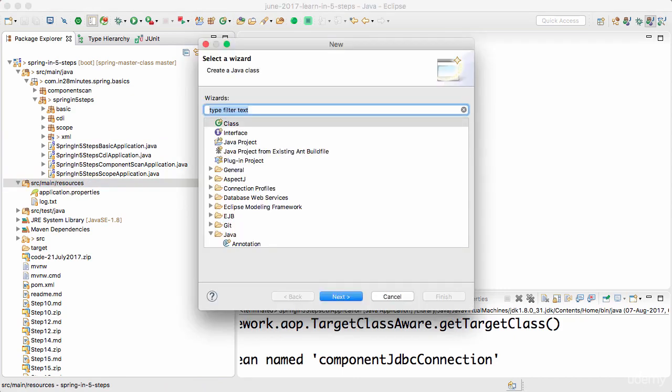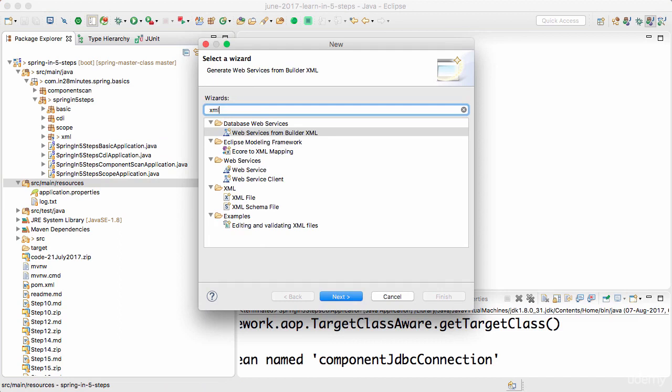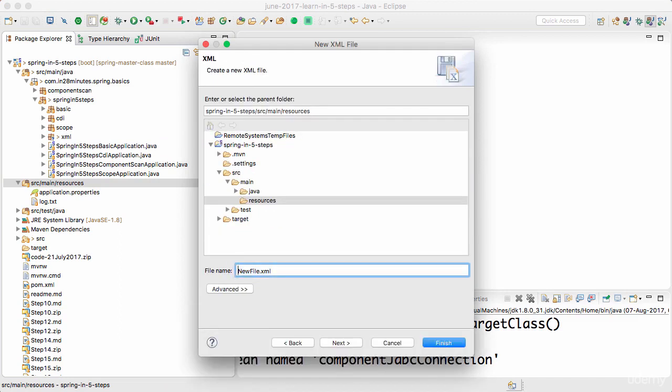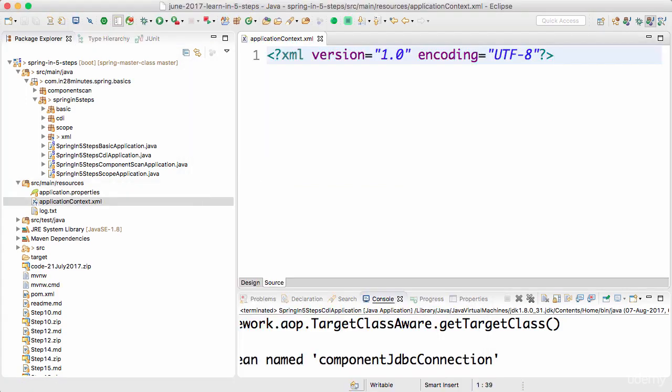So Control N, you would need to create a new XML file. I would call this applicationContext.xml. And over here, we have to specify the complete content of the XML.